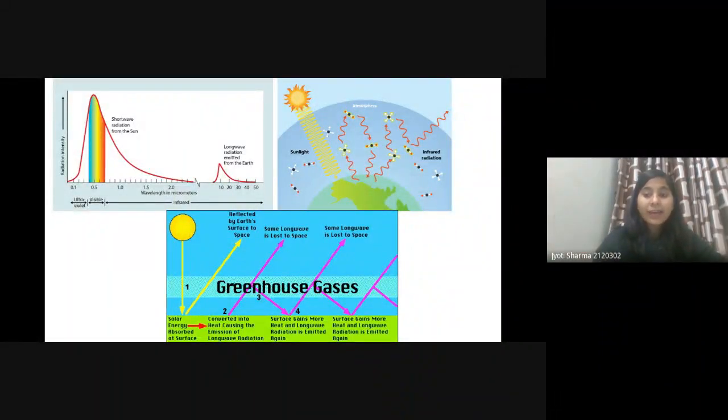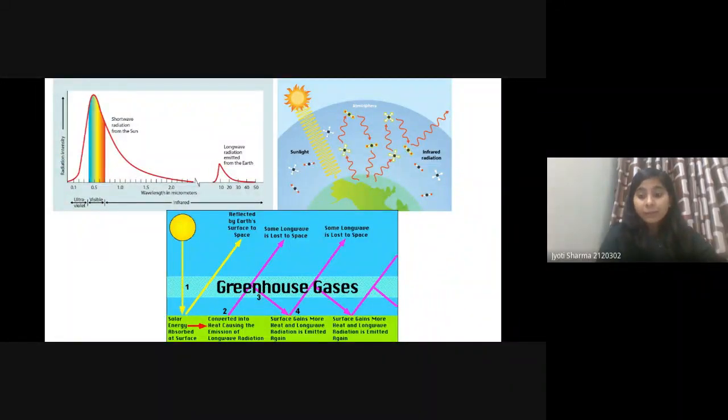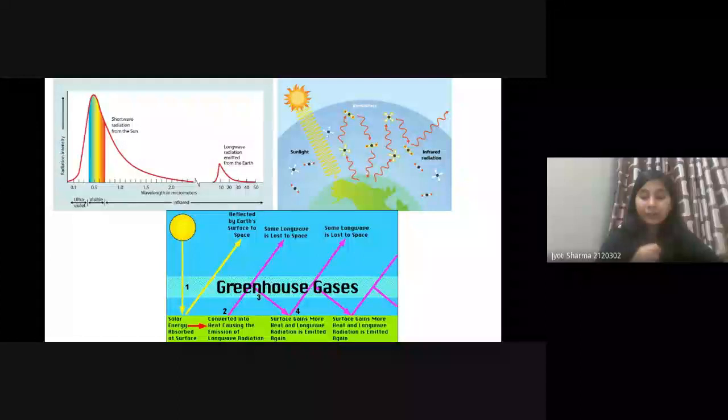It is just absorbing and radiating back to the surface. So here in the third picture we can see the sun is giving us some light. Some of that light will be absorbed and some will be reflected. And because the temperature of our surface is not as high as the sun's, it will reflect